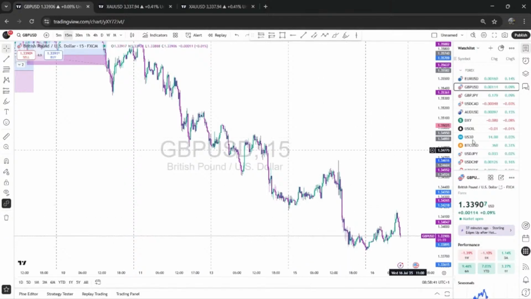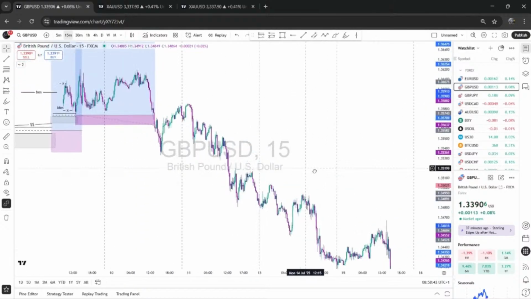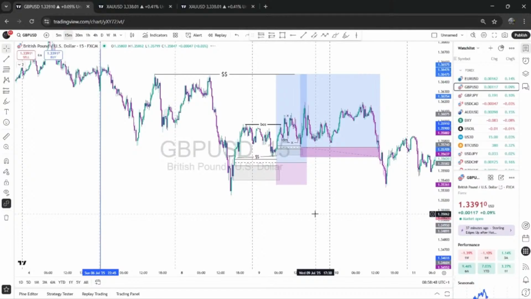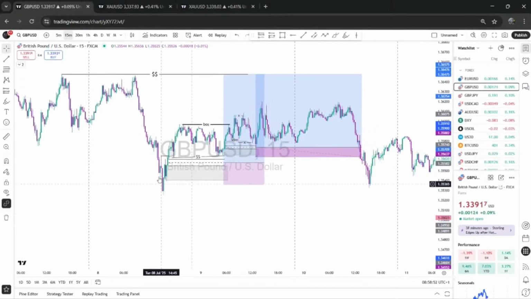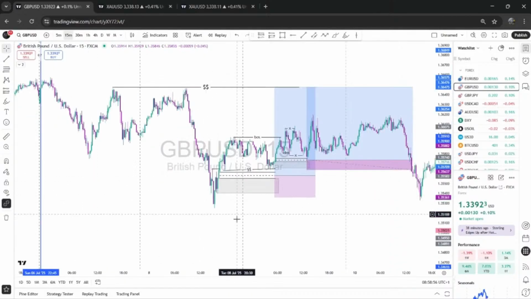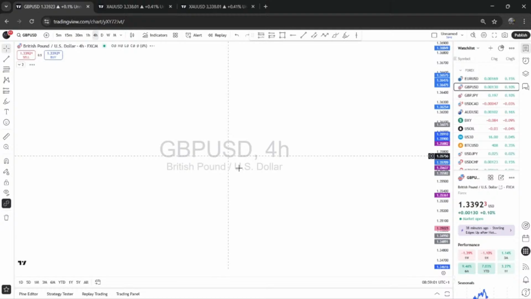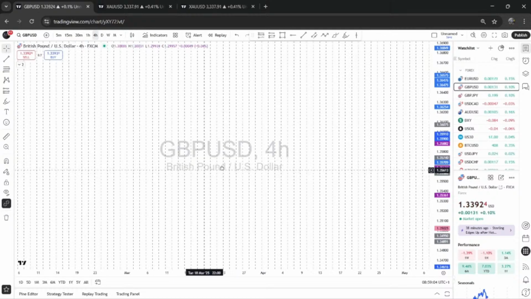So on GBP USD, what did I actually see that prompted this particular buy? I saw price run into this zone. This is a high time frame zone from far behind, and knowing that this is actually a sweep here, with some heavy rejections on the 4 hours, I knew that price was not actually going to